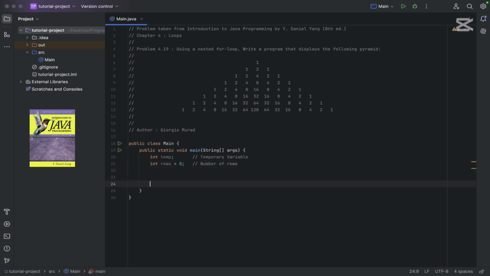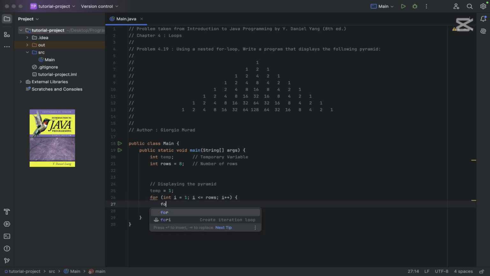Okay. Now I'm going to start displaying the pyramid. I'm going to start with initializing temp equal to 1. So I'm going to start with my for loop, initializing i to 1. Make i less than or equal to rows as my condition, and my action as i++. Now inside my for loop, I'm gonna implement another for loop, this time with int j,